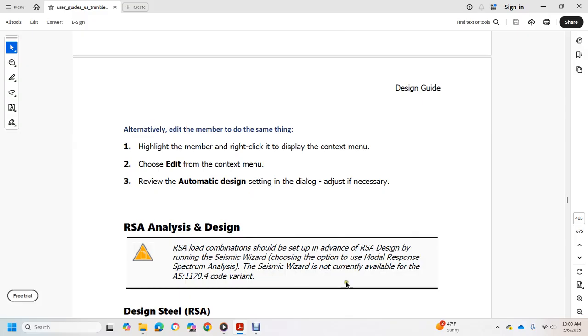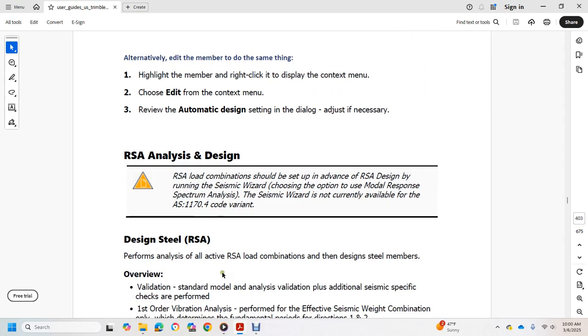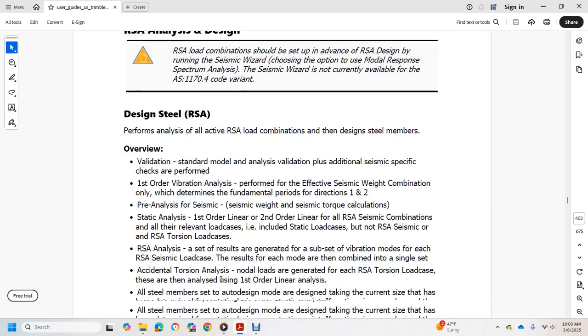RSA load combination should be set in advance for the RSA design, running with the Seismic Wizard and choosing the option Model Response Spectrum Analysis. Seismic Wizard is not currently available for the AS1170 code variant. Design Steel RSA performs analysis for all RSA load combinations. Within design steel members, overview validation, standard model analysis validation, plus additional seismic-specific checks are